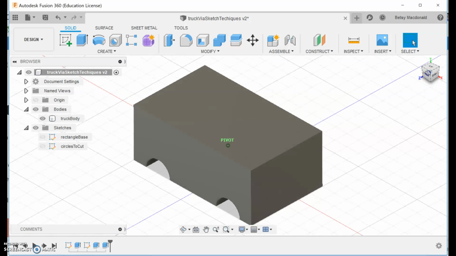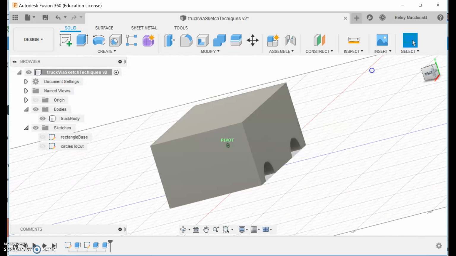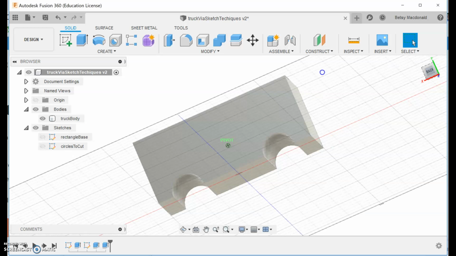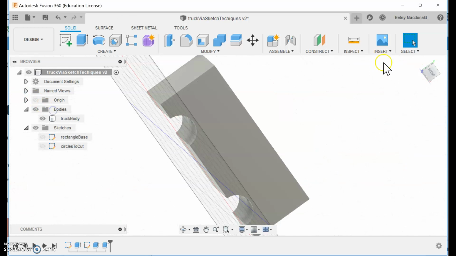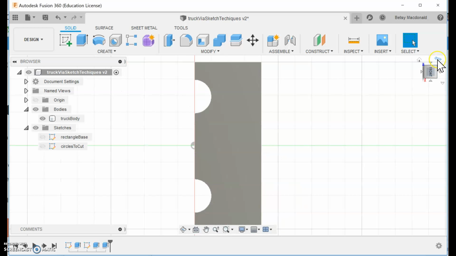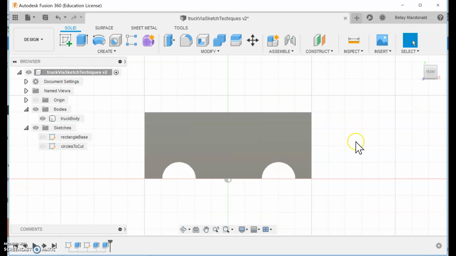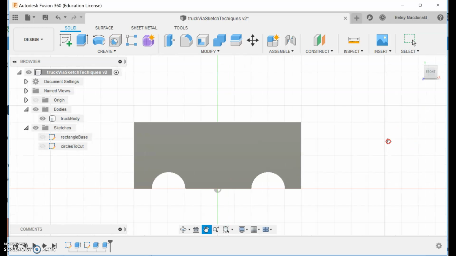I fixed the taper of the box, and I think the channels running through the truck look fine. I'm going to go back to front and look at it from this side. Okay, so here's the deal. What we want to do, whoops,